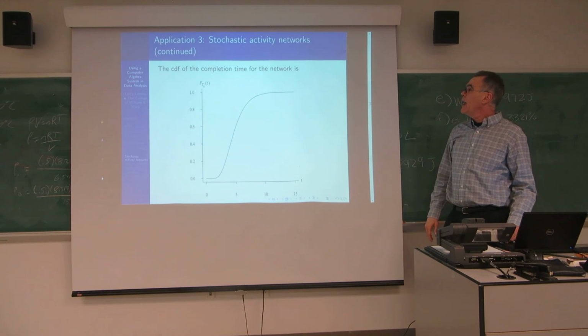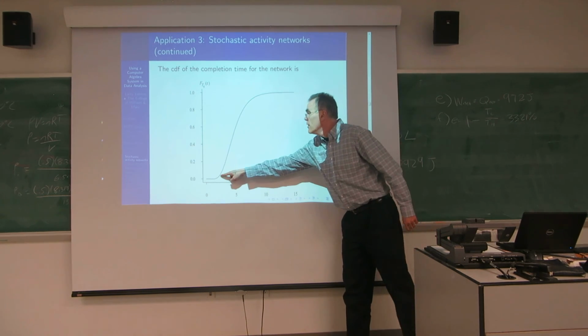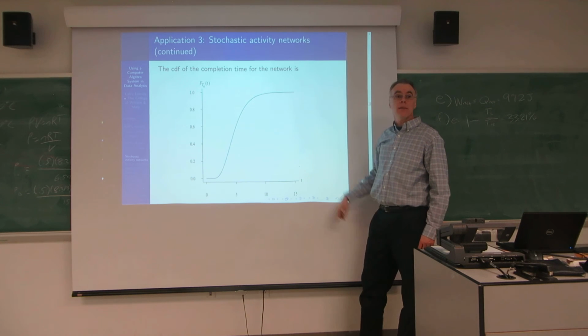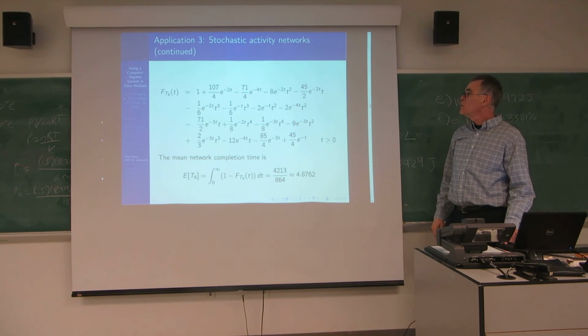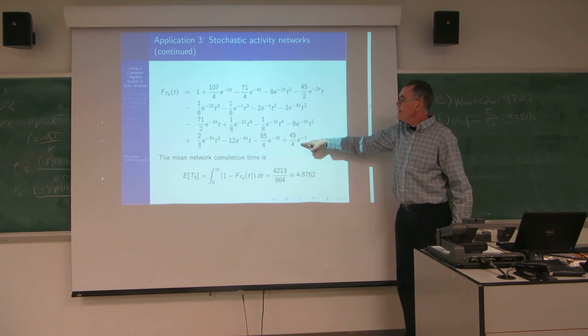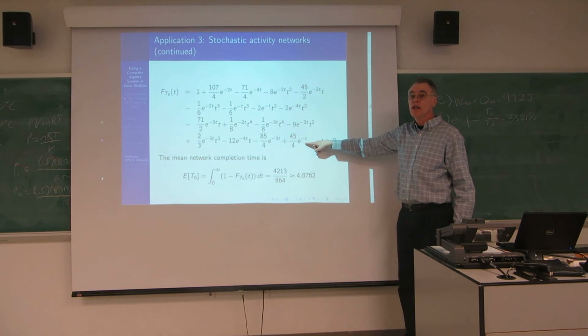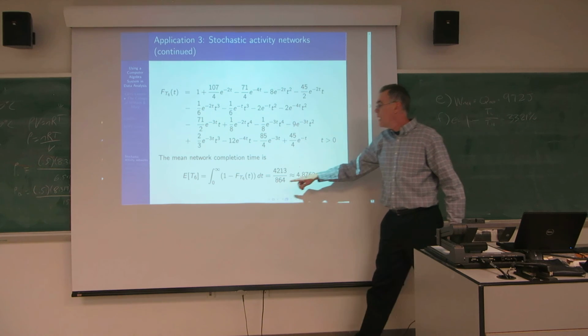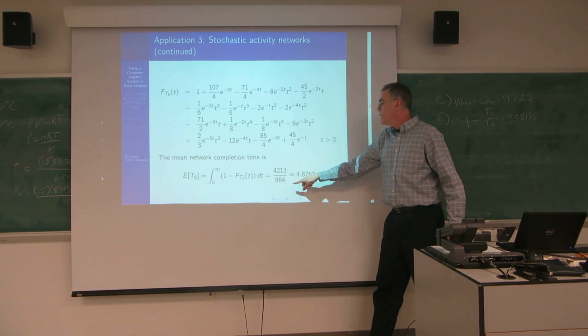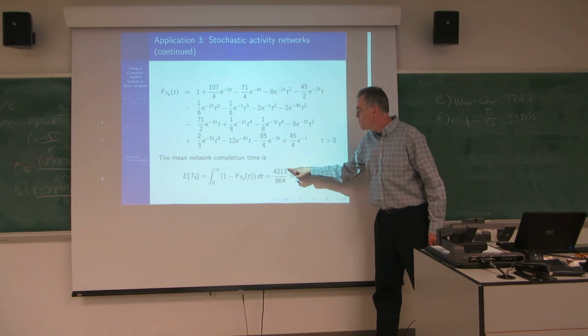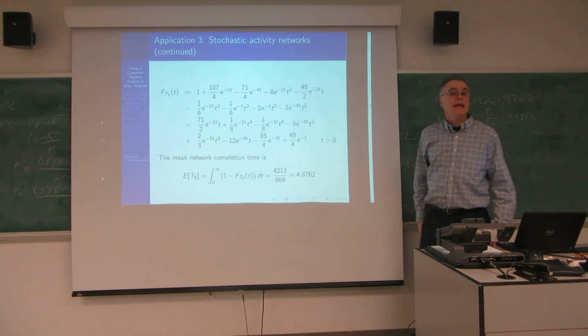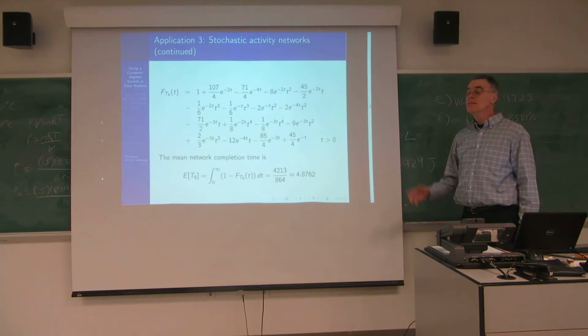And when you put it into our algorithm, this is the CDF of the time to complete the network. And that's shown on the next page. Here is that CDF. You'd never want to do this by hand. And then finally, if you find out what the expected value of T6 is, it is 4213 divided by 864 exactly. So that's the mean time